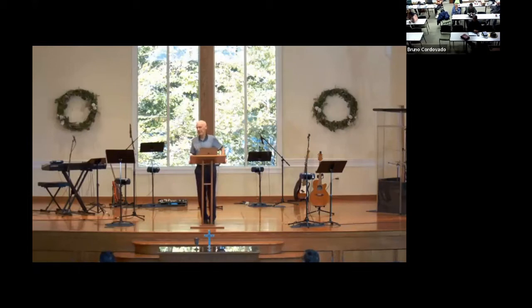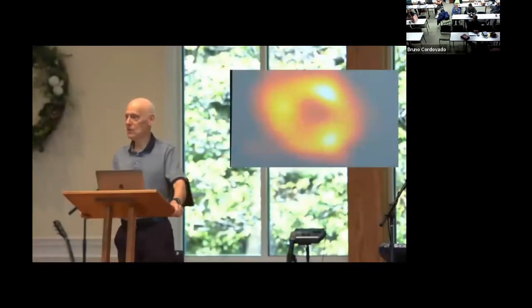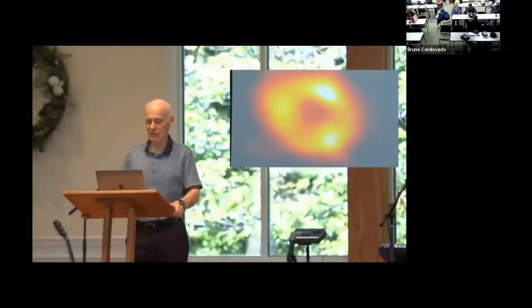But notice, you do see the event horizon, but this is really quite a fuzzy image. And the problem is, it's very faint. I need to move it along. Yes, thank you. There we go. That just got published a few months ago. It took 4 years of dedicated observations to develop this image. They're hoping to come up with a better image, but it'll probably take another 10 years.